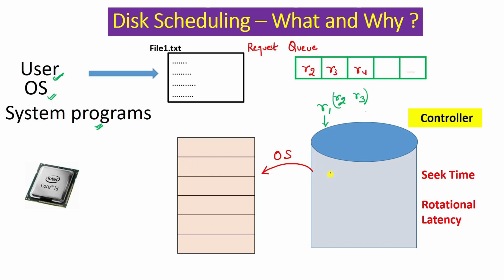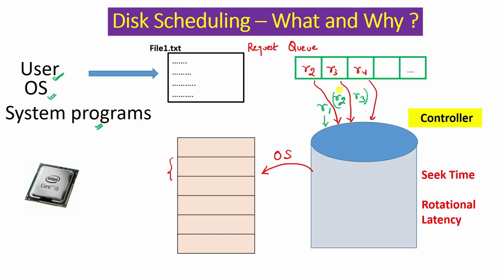Let's say we are opening that file with respect to the R1 request. It will be placed somewhere inside the main memory, and later on the CPU can access the data of that file, or the instructions of that file or the process, right? And after that, what will happen? R2 will be taken up, and then R2 will be fulfilled. After that R3 will be taken up, okay. Then R4 will be taken up, okay. So this way we will schedule